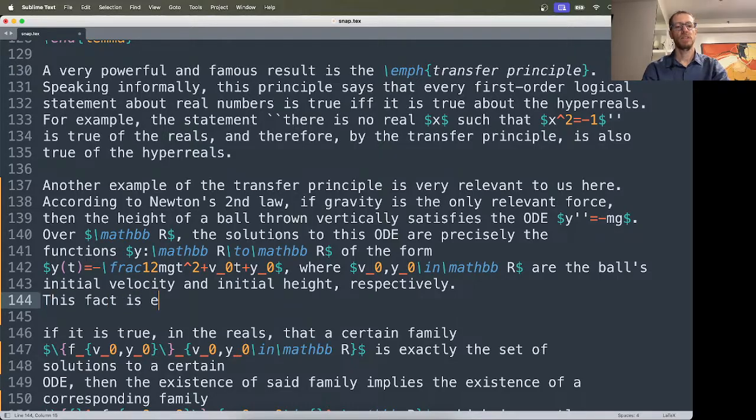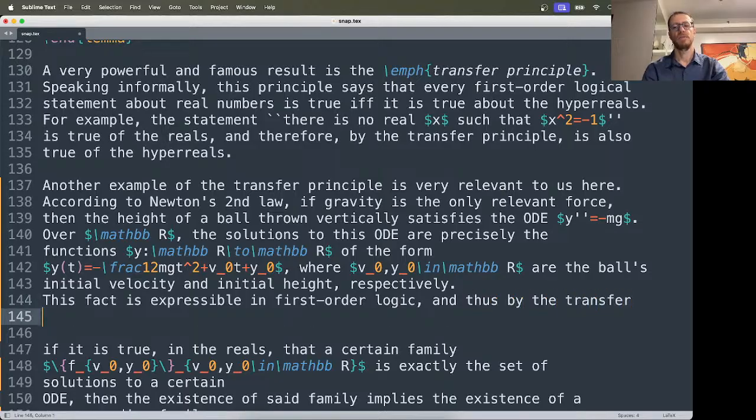This fact is expressible in first order logic, and thus by the transfer principle